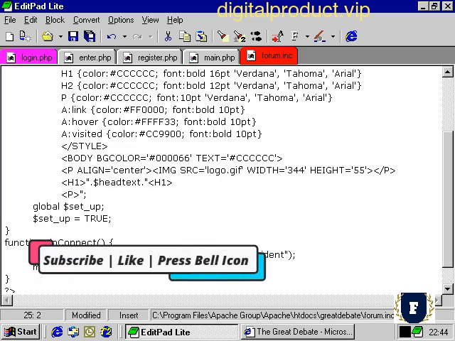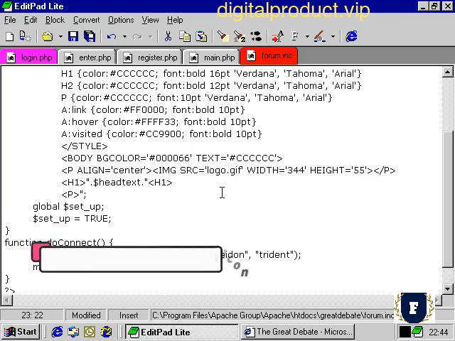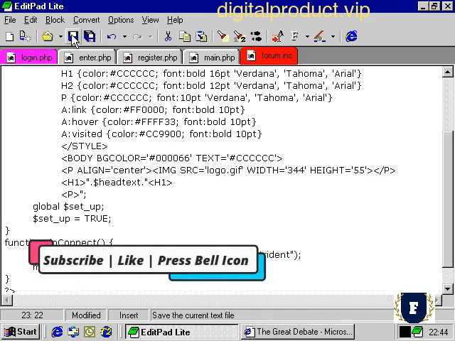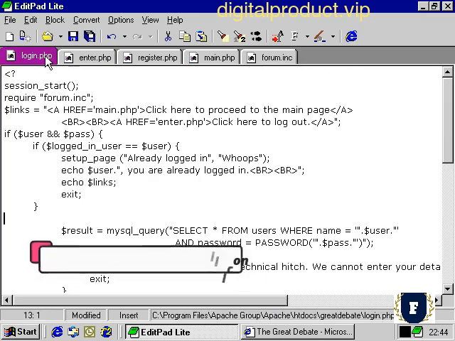One other thing that we can add is a pconnect, and this creates a permanent connection which significantly increases the performance of the connectivity with our MySQL database. So that's one thing that we can add to this particular function. Let's save that, and then in the